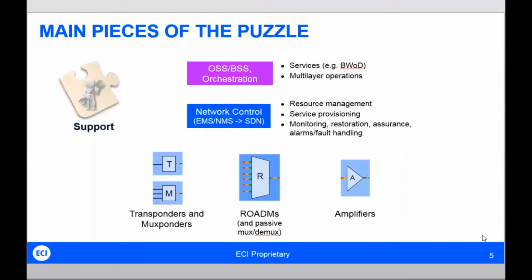On top of that, I've added another layer, which I call OSS BSS, or service orchestration. And again, the goal isn't just to run an optical network. The goal is to run an overall services network. So you have the packet layer that takes place on top of that, or the IP layer. And more what you're looking to do is run the packet layer and the optical layer under a common umbrella so that you can get the most bang for the buck out of your network in terms of providing services to your end customers.